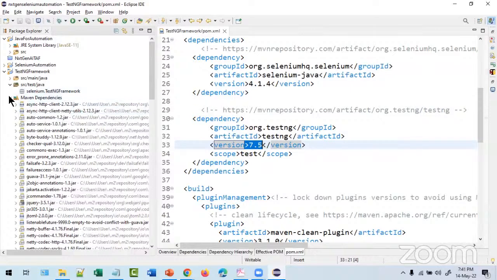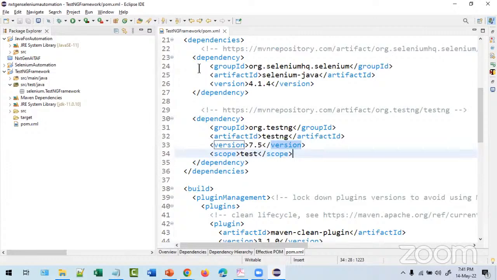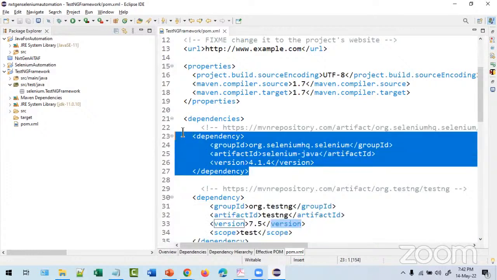But now in Maven, what you can do, just open that pom.xml and update this dependency. If I mention 7.4 and Control S, automatically in the backend, all the setups will be done. Same thing for Java Selenium. So this is a very useful feature for any developer.